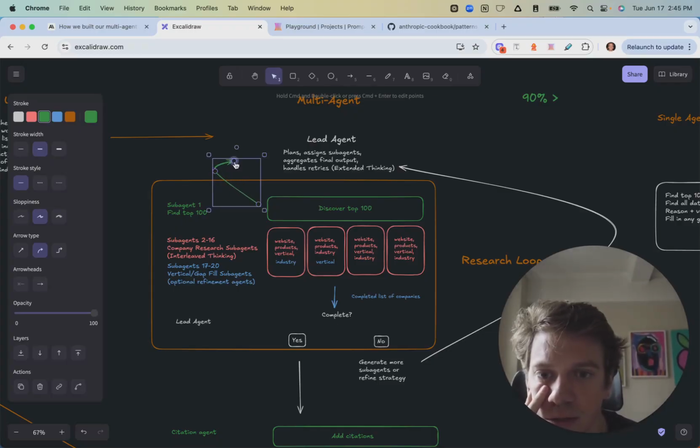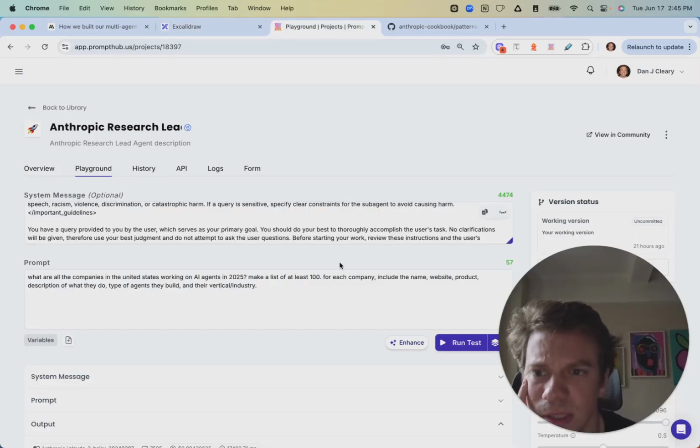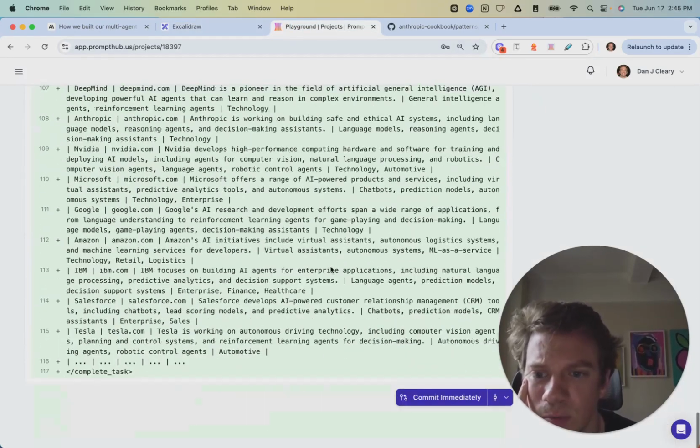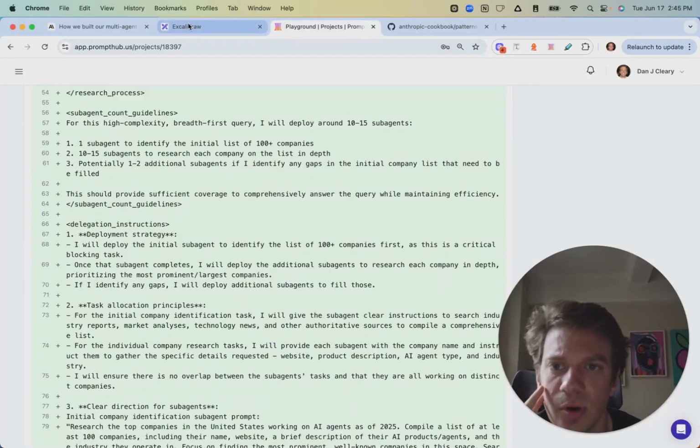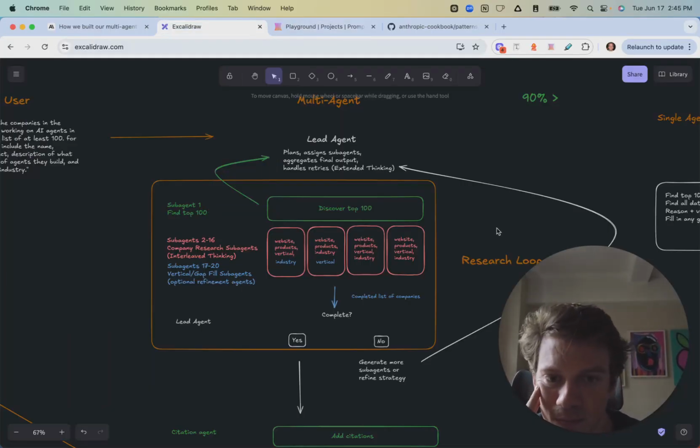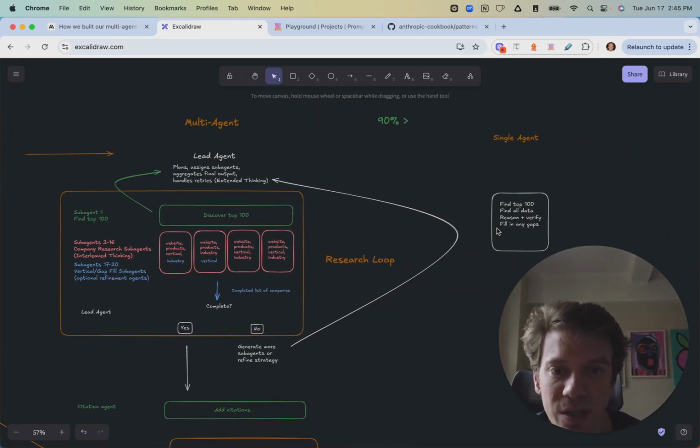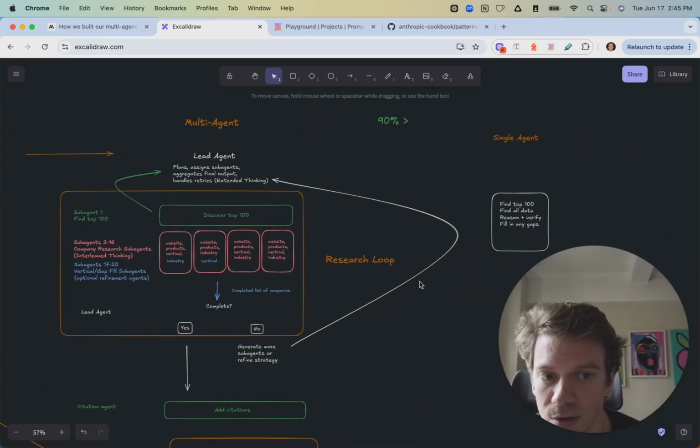Here and here, I think the lead agent actually said it was going to review sub-agent 1 before moving on. So there are other loops happening within this as well. That's generally what it looks like. And again, if you had a single agent, this would all be encapsulated in a single vertical box here